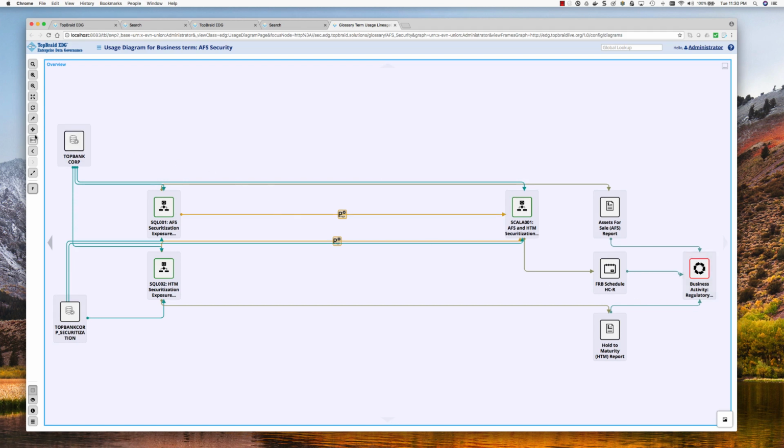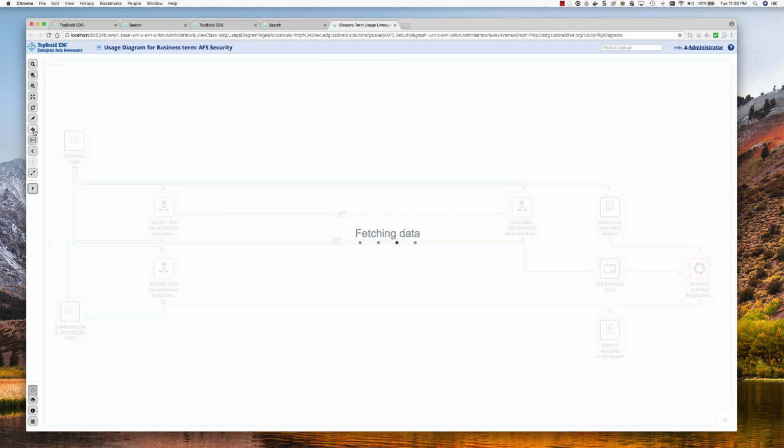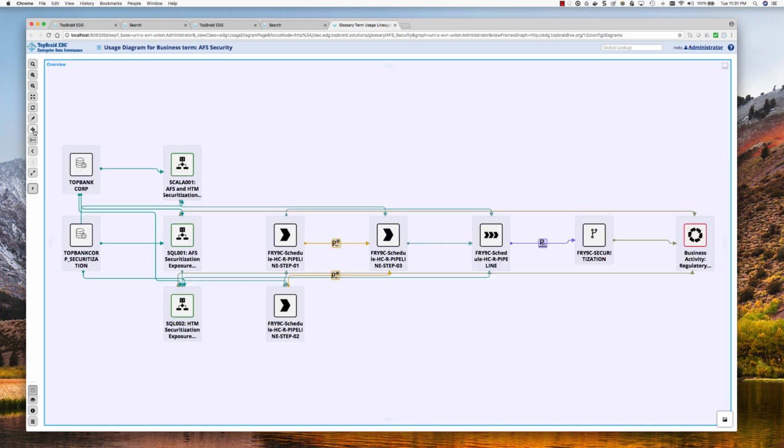So we select that, and we hit the drill down button, and now we get a depiction of the lineage that is involved in producing, or supporting rather, that particular business activity. It's not too different from the other picture because there was already quite a lot going on for